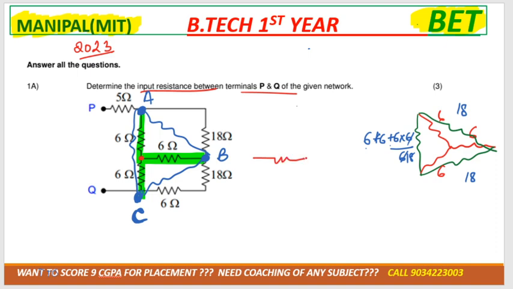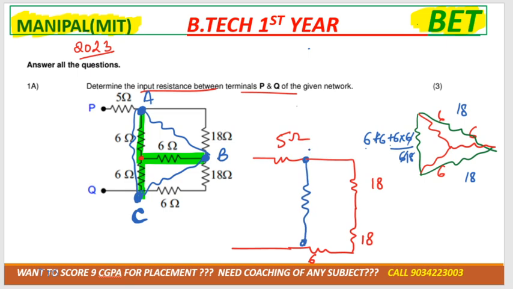So if I redraw the diagram, just see this one. 18 ohm we didn't touch, 18 ohm we didn't touch, again 6 ohm we didn't touch, like 5 ohm, 18 ohm, 18 ohm, 6 ohm, all these are as it is. But now we convert this inner star into the form of delta across the same point. A C B is across, so it will stay there, okay? A to B and B to C. This is 18, this is 18 and this is also 18. Correct? Any doubt up to here? First tell me.